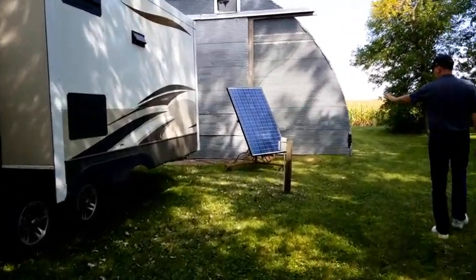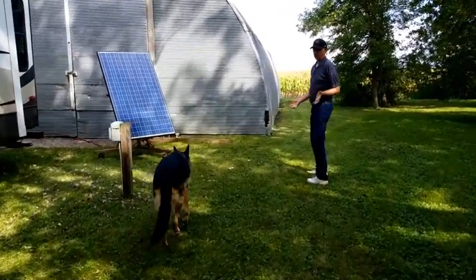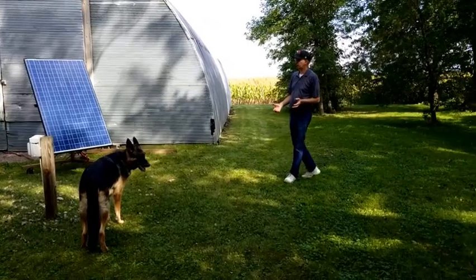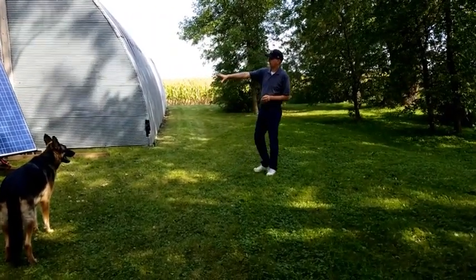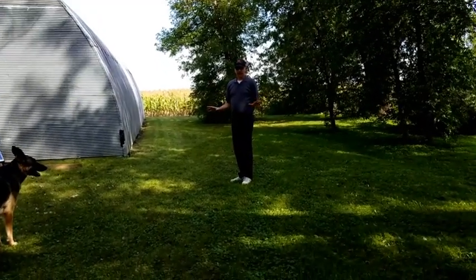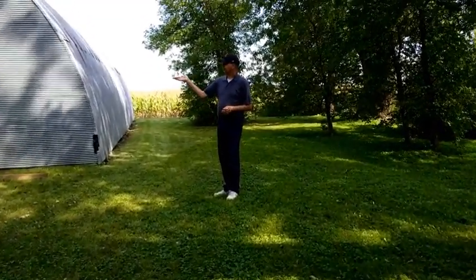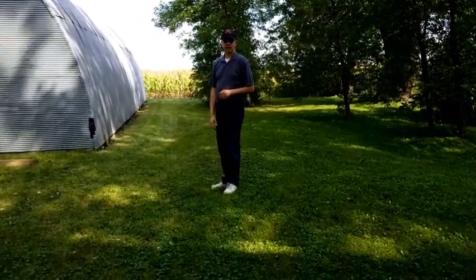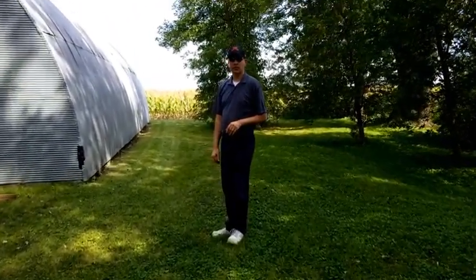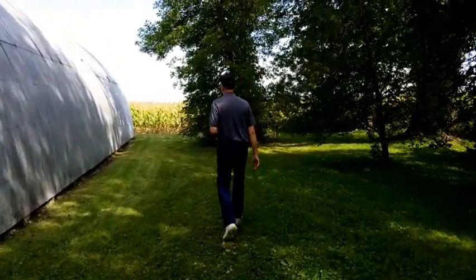This is one of our portable solar panels. I've kind of done a bad job today and I haven't moved it. Our batteries are full, so I'm not really too concerned about the extra power. But we use this particular panel to move around the property. As you can see, a few hours ago, this area was exposed to full sun. Now it's shaded. So later I'll probably move that guy into the sun and try to get a little top off before we go into the evening. As we continue walking towards the property here,